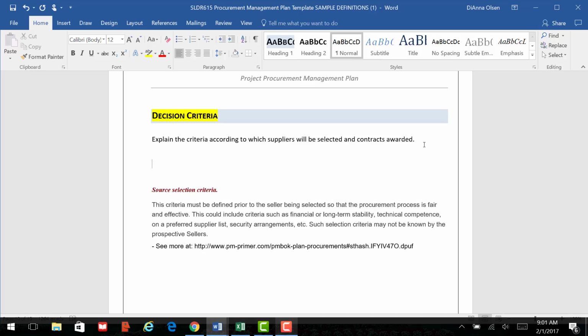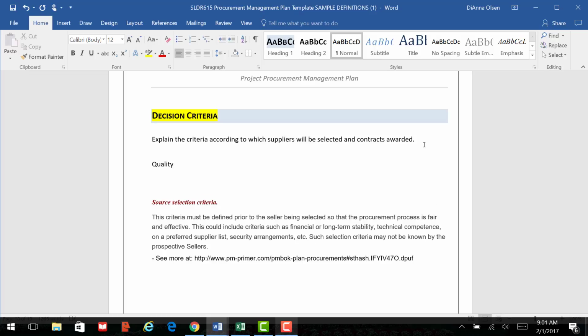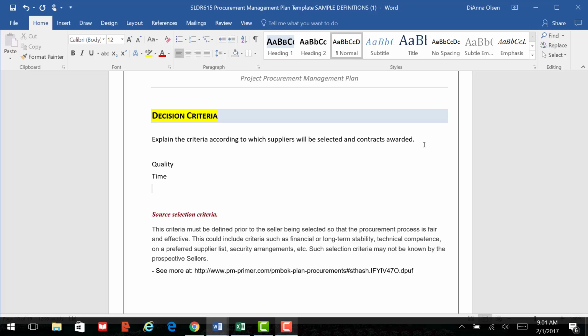So maybe I've already decided that I'm going to hire a contractor based on the quality that they're going to deliver to me, based on the fact that they can come in on time in the schedule parameters that I have given them, based on the fact that it's going to be economical and it isn't going to be the highest price bid or the lowest price bid, because I want quality, remember. I don't want just cheap labor. I want quality. I want it to be on time, but I do want it to be able to fit